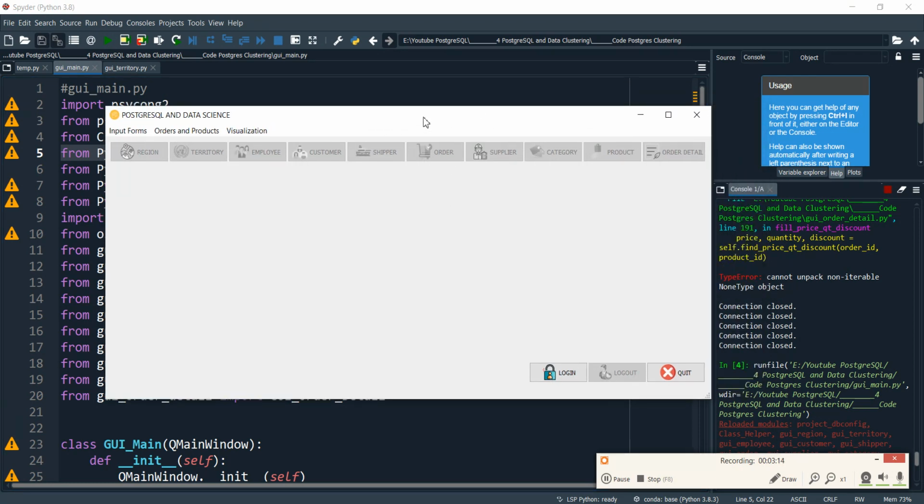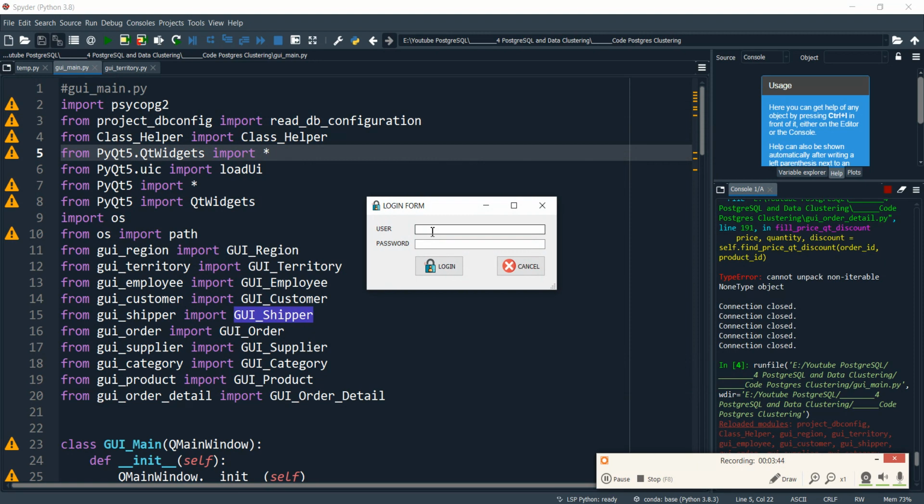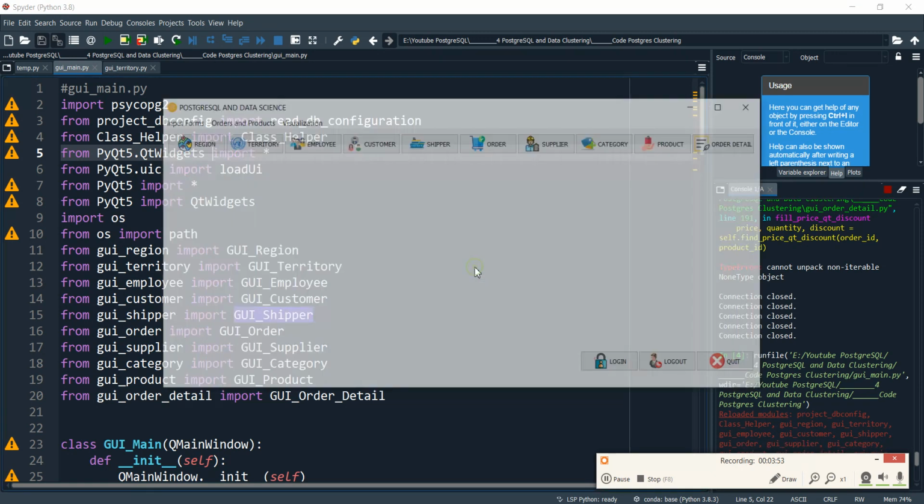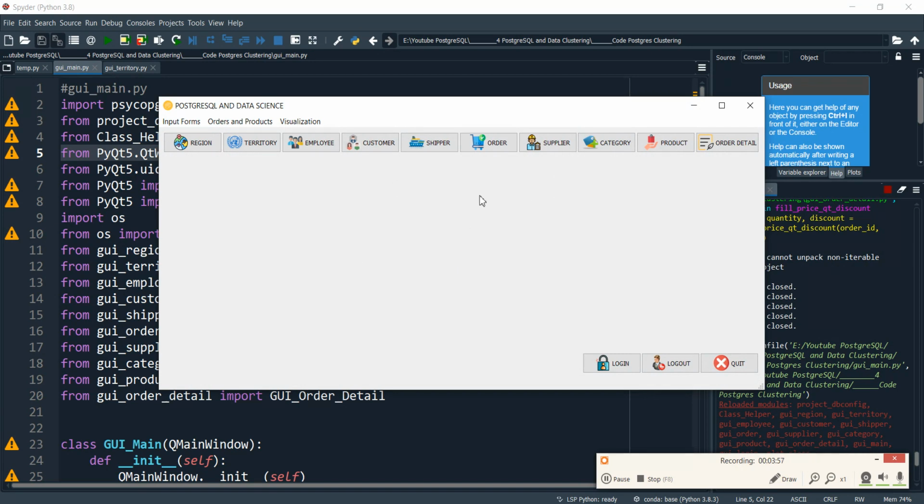This is the main form in the program. At this time, we can see that all push buttons are disabled, and the item menus are also disabled. We need to log in. Okay, give the username and password. Login is successful. If login is successful, all those buttons are enabled, and the item menus are enabled as well. At this time we can access all the forms,